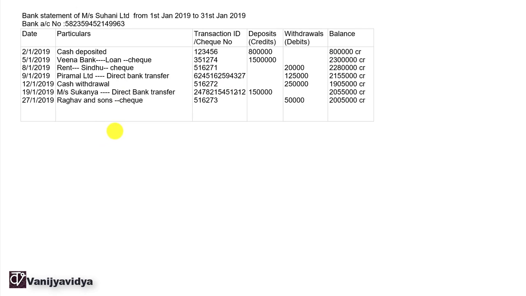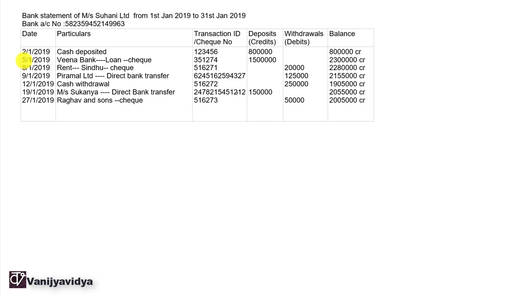Now, when the bank statement is issued by the bank, it is from the bank's point of view. When we deposit the money, the bank is obliged to pay that money at some point of time. So our account in the bank is like a liability. So all deposits are credited in the bank and all withdrawals are debited in the bank. If you notice, the effect of each transaction in the bank statement is opposite of whatever is the effect in our bank account.